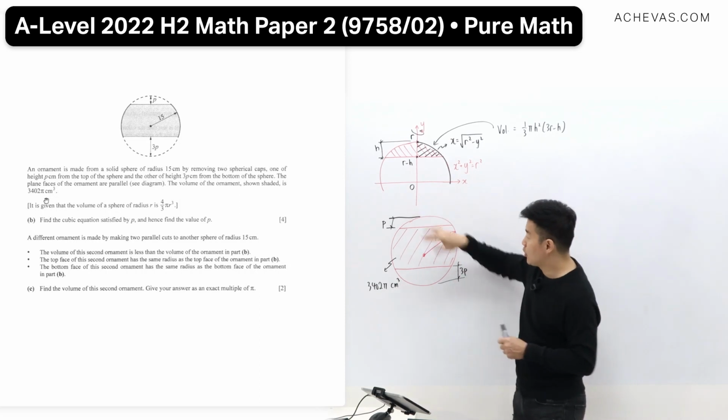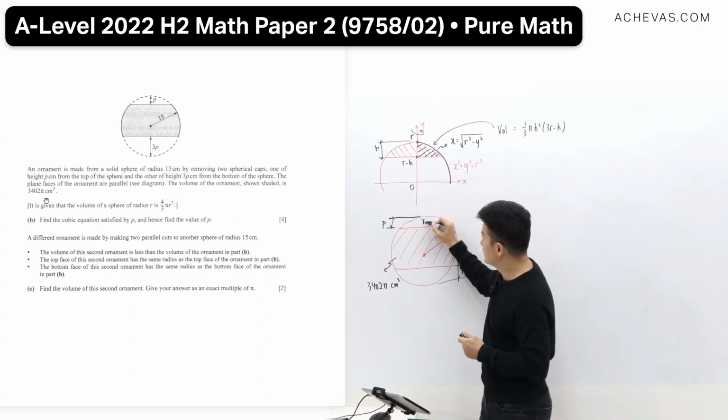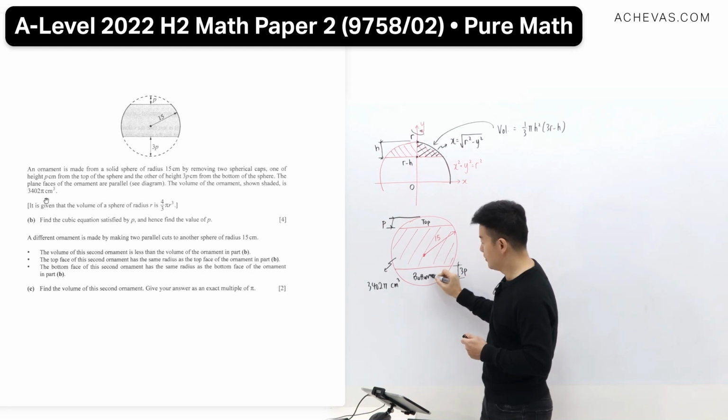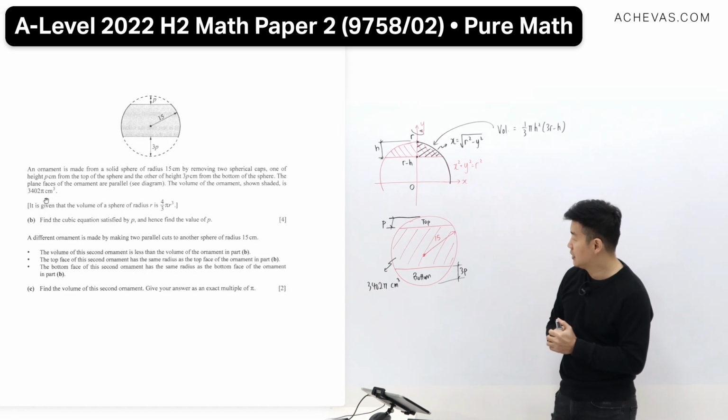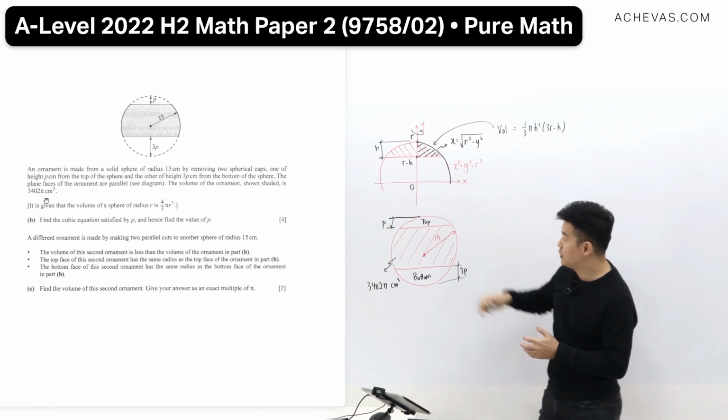Okay, this is, I will call it the top cap. Let me just write it down here. This, I will call it the top cap. This, I'm going to call it the bottom cap. Okay, so we have two caps over here, and actually we do have the general formula to find the volume